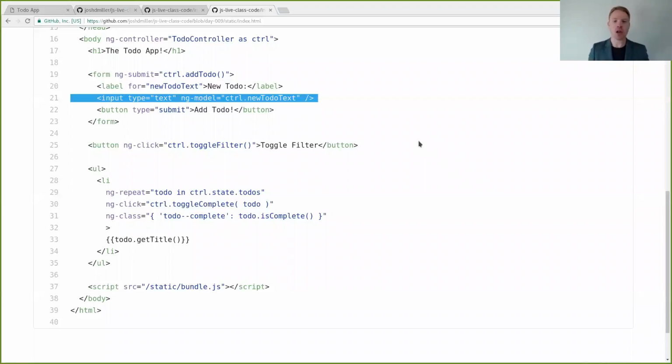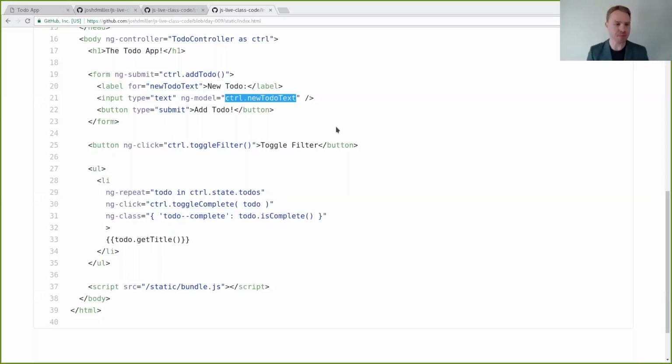So instead, how do you do that? Well, we do this thing in Angular 1 called two-way data binding. And that's done through something like ng-model. So we're saying that on our to-do controller, there's a property called newToDoText. And by setting that as our ng-model, that means that whenever somebody types into this input box, the value in that ctrl.newToDoText, that JavaScript variable, that property on the controller object, right? That is being synchronized with whatever was typed in the input box. So as you type into the input box, it's immediately changing in that JavaScript variable. It was almost as if we put a listener for keystrokes, and every time there was a keystroke, we updated the JavaScript variable to include those additional keystrokes, right?